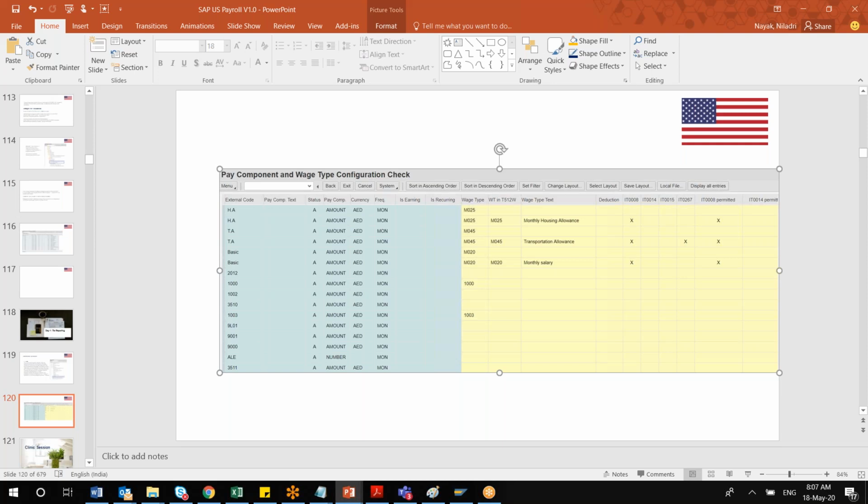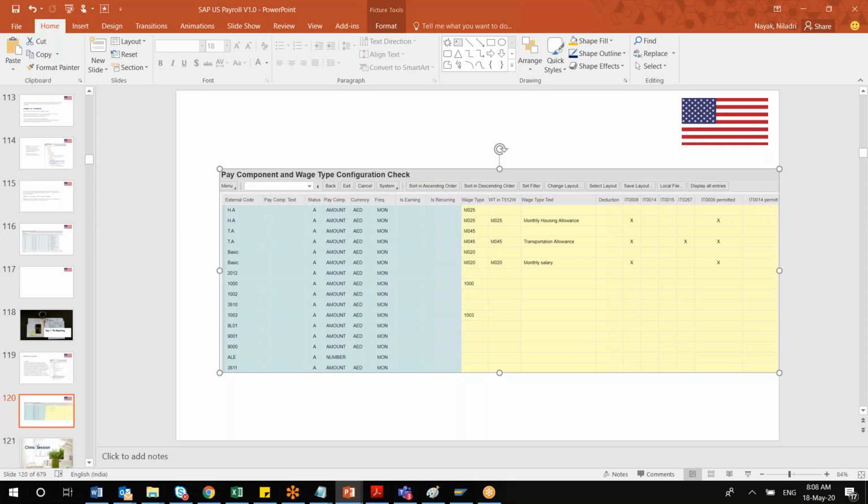It's just a report, not a tool. It will not be as user friendly as your check tool inside SuccessFactors, but it will say how you have configured your system and which wage type has been mapped.